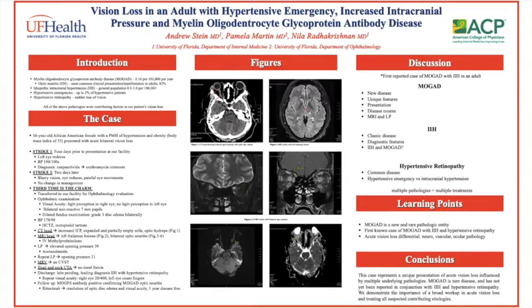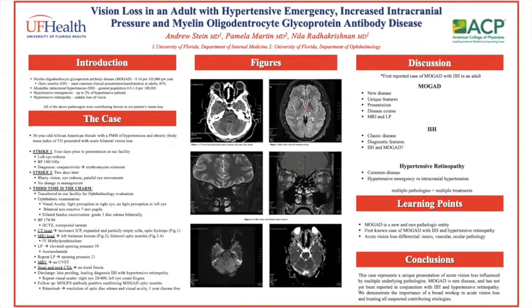MOGAD is a recently recognized inflammatory demyelinating CNS disease similar to neuromyelitis optica spectrum disorder and multiple sclerosis. MOGAD's defining feature is a positive serum MOG antibody with other characteristics including optic disc edema and more extensive CNS involvement. Bilateral optic neuritis is the most common presenting feature, and the disease course is either monophasic or relapsing, with the strongest predictor of disability being transverse myelitis.